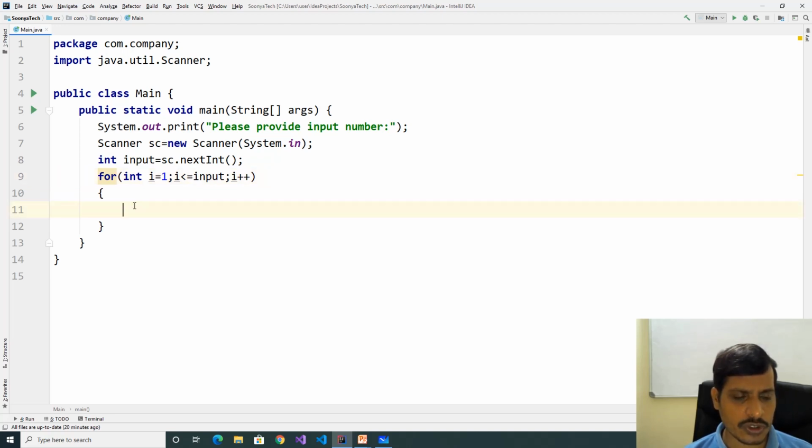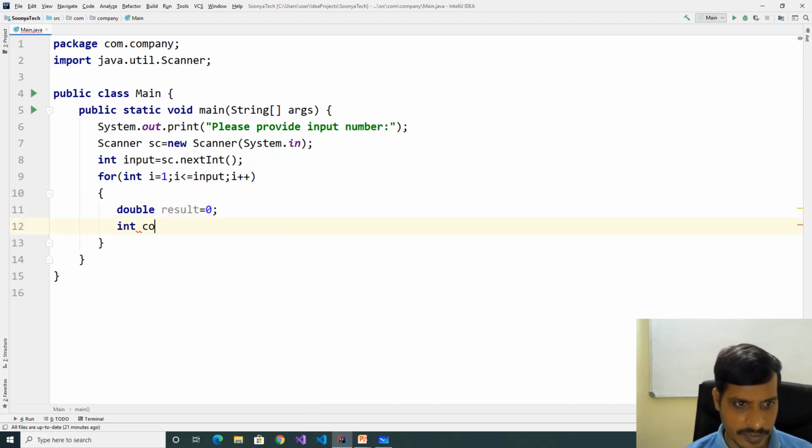So we need to use a count variable. Declare two variables: double result equal to 0, int count equal to 0.